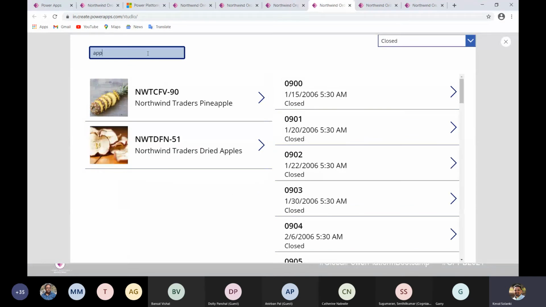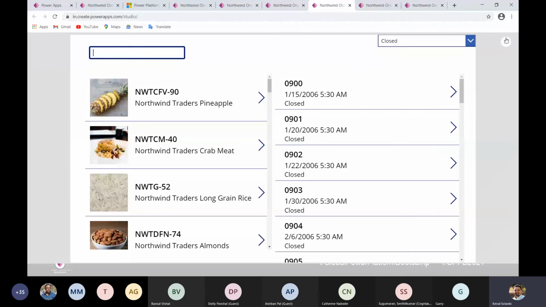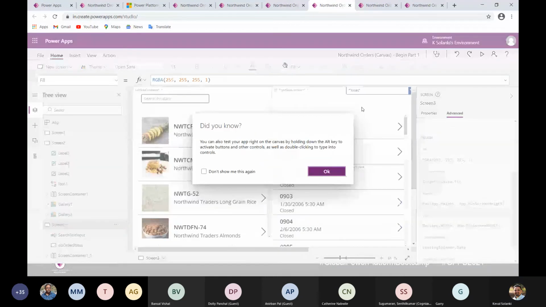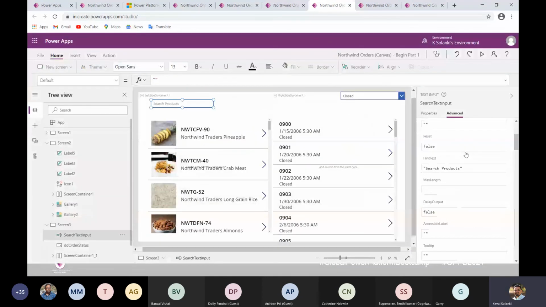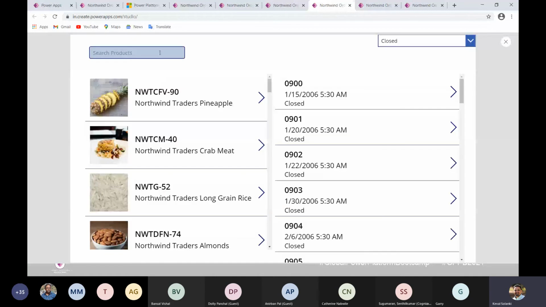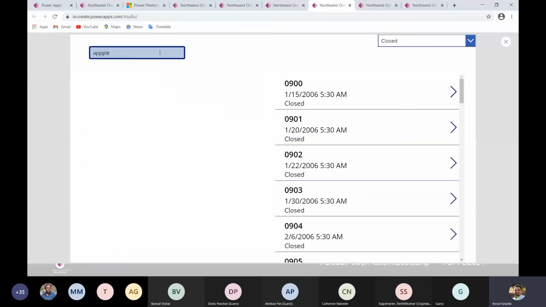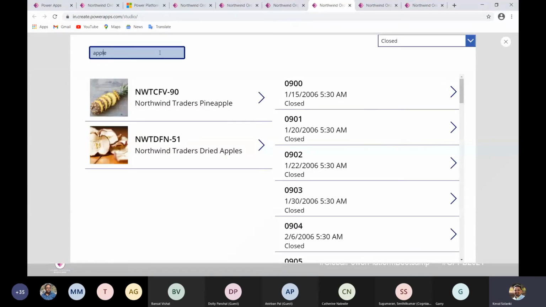Observe that with each keystroke, it's searching and making a query to this data source. Instead of this, you need to always set Delay output to true for this text box control. Now the event will not fire until the user stops writing, and only then will it trigger.